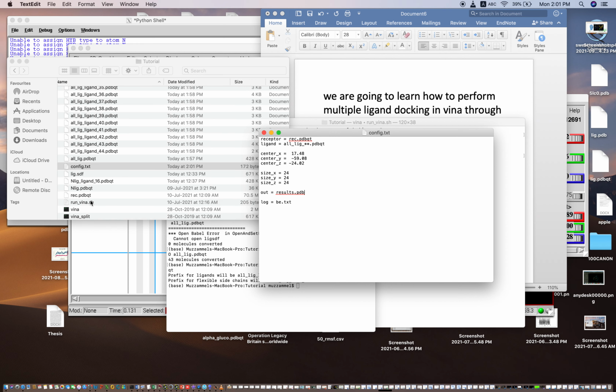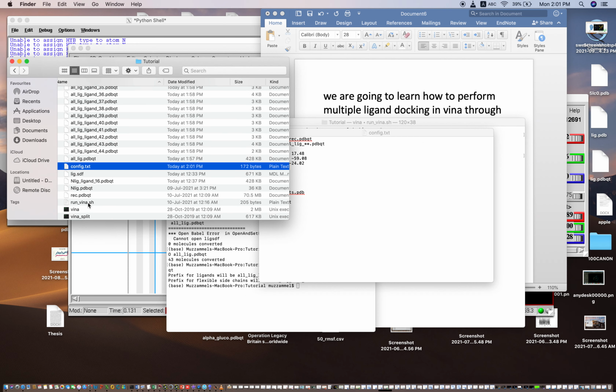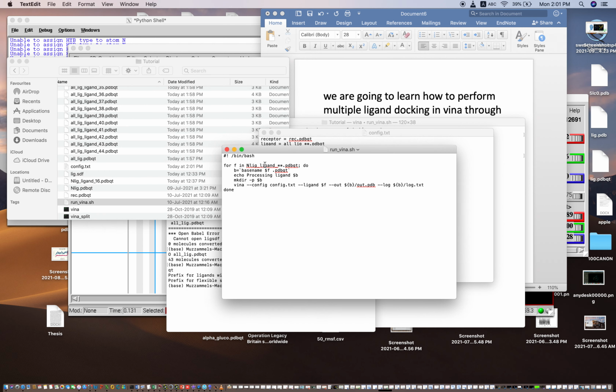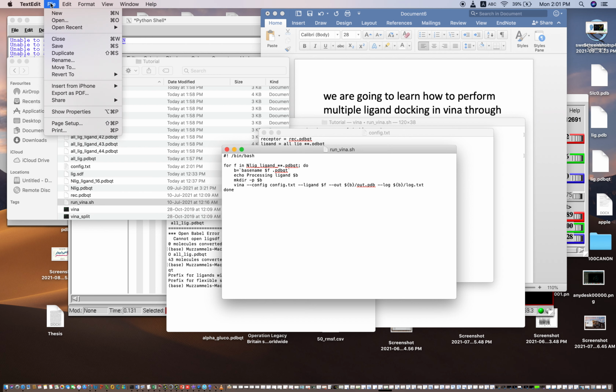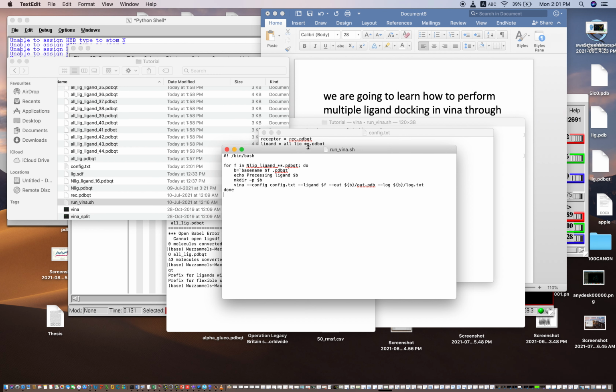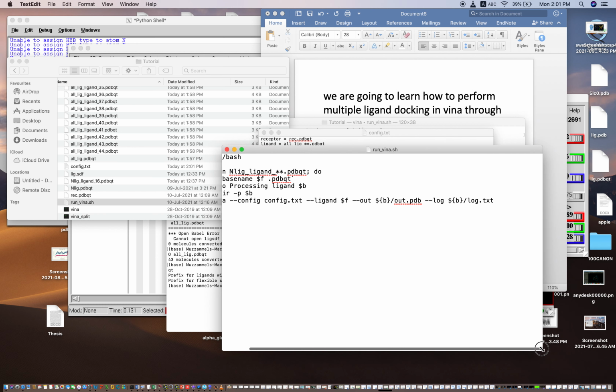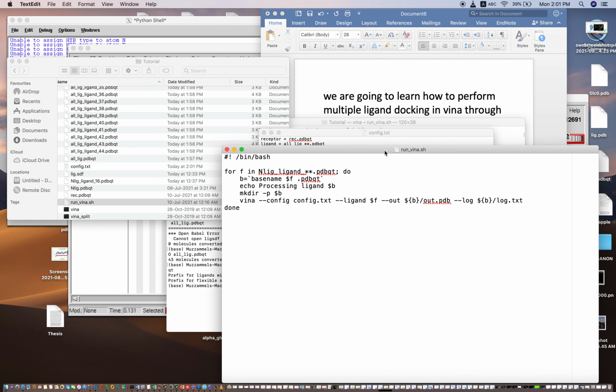Now the next thing is, for multiple ligand docking, there is another file, run_vina.sh. It will be available online.